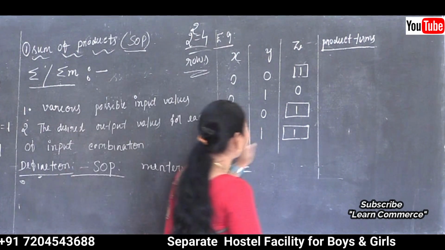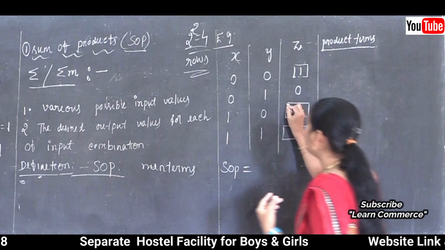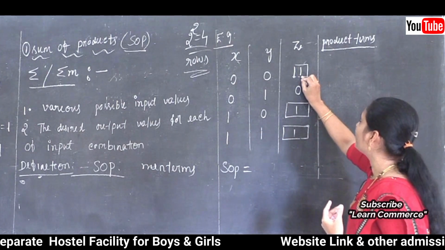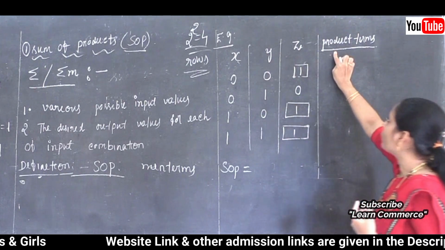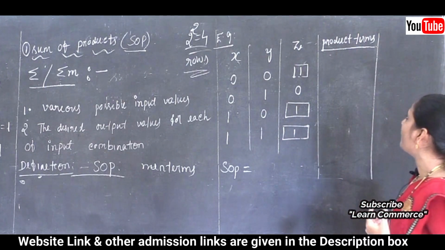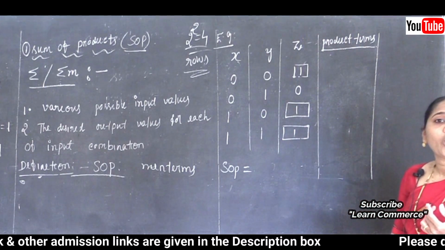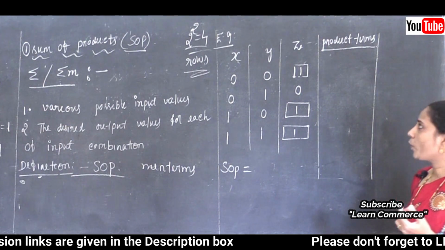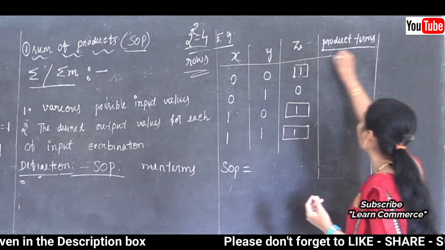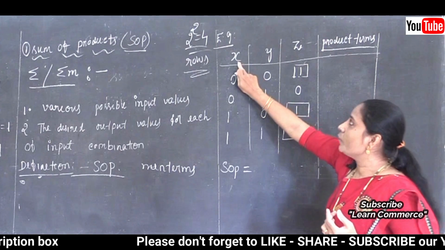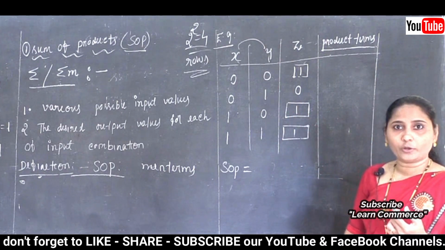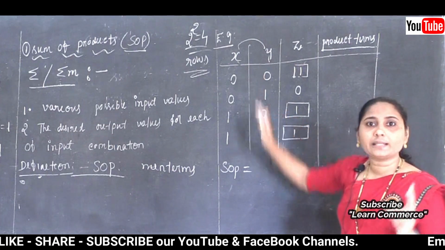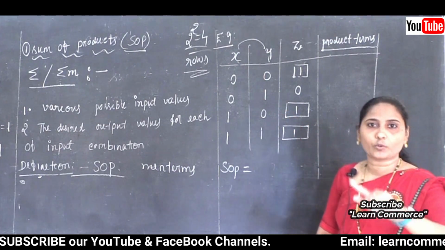Before forming the SOP, now we know the meaning of the min term, and what about the value of 0? So I am going to construct one more column. The name of the column is called the product terms. Here totally 4 columns are there in this example. The first columns x, y are both called the input values. So 2 variables are there, that means 2 to the power of 2, that is equal to 4 rows.